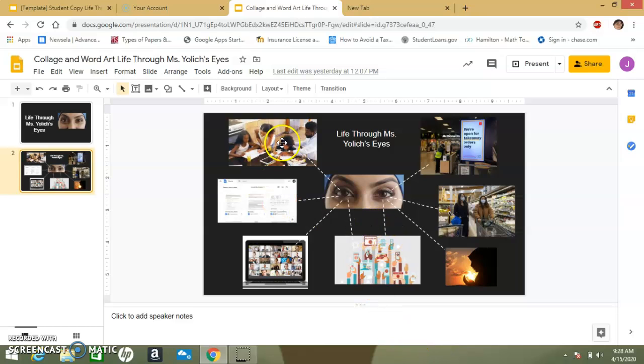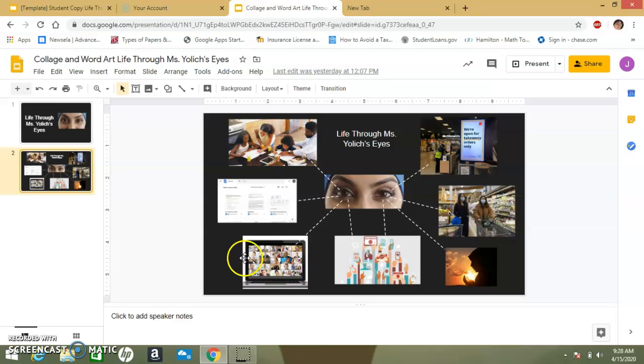So at the top, that's the family that represents my homeschooling situation. Mr. Yolich and I have two small kids. Right here, these are Google Documents. As a teacher, I'm always creating lessons and posting and arranging them, and I'm using a lot of Google Docs. Down here, if you haven't heard already, this is an app called Zoom. This is how the teachers and staff at Westtown Academy are meeting right now because we can't see each other